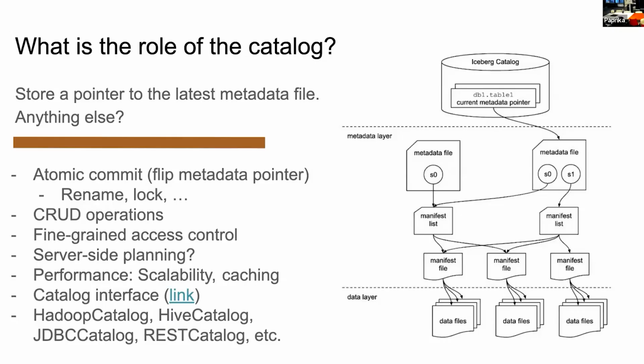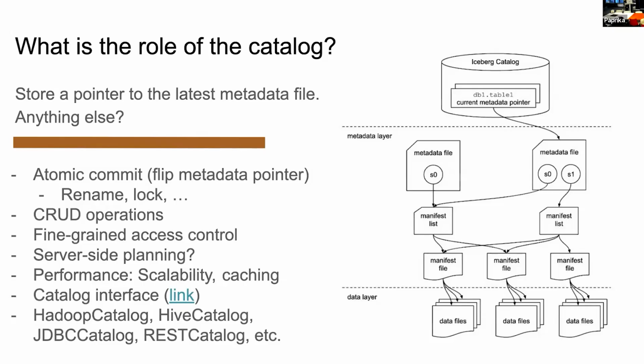But other than that, what you can expect from such a catalog is to give you a way to read metadata, Iceberg table metadata, write, delete, all kinds of CRUD operations, but on the metadata itself and not expected to do the same on the data through the catalog. They could give you fancy features like help for access control and server-side planning and such. There are many implementations of such a catalog.